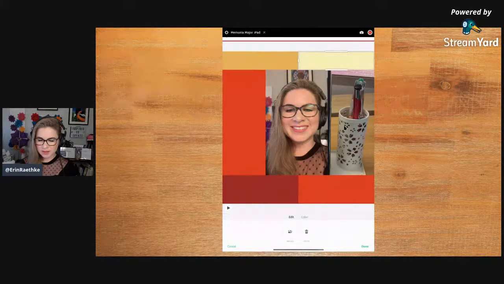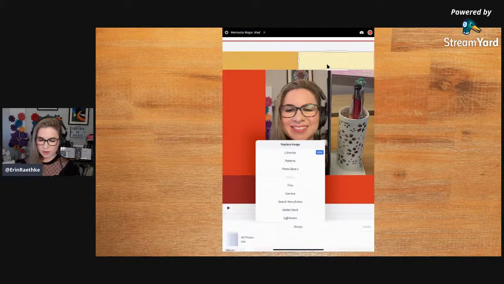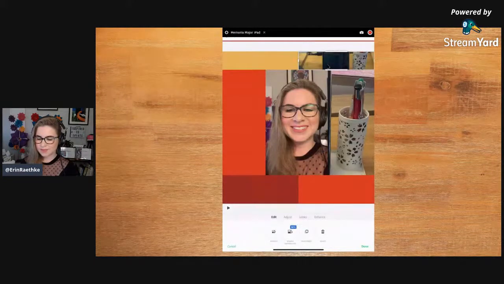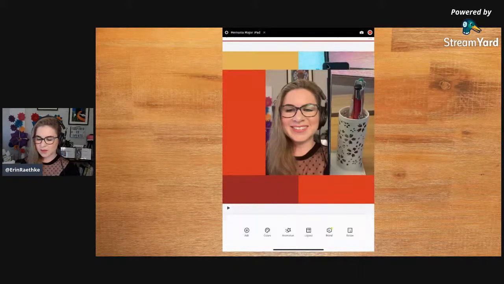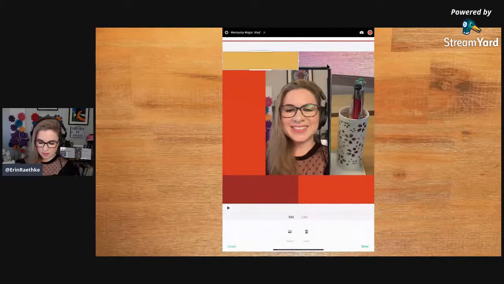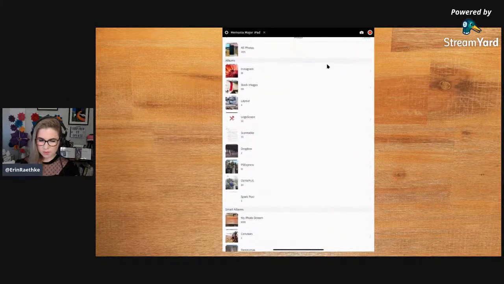So I'm going to do the next cell along. So select that section there, tap replace, go to photo library, grab the last image, move it down, tap, and pinch until I match that corner up. Next cell along, replace, photo library,